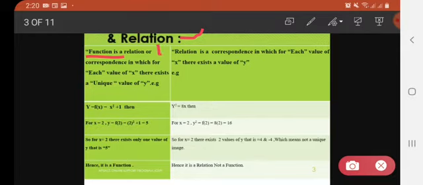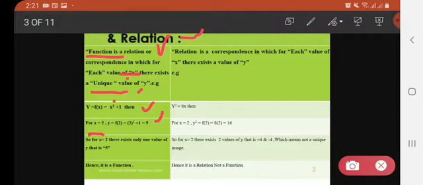Function is a relation, we all know about it. And why is this a relation? Because it gives us pairs, because value of x will be connected to value of y, but for a function, value of x should be connected to a unique value, यानी एक ही वैल्यू के साथ कनेक्टेड होना चाहिए, तभी वो फंक्शन होगा, राइट. For example, if I have a function y equals x squared plus 1 and I put a value of x, definitely I am going to get a value of y for that x.